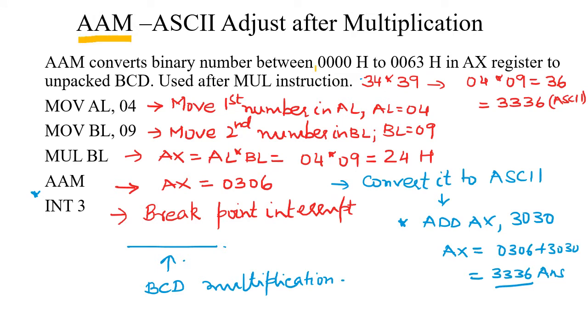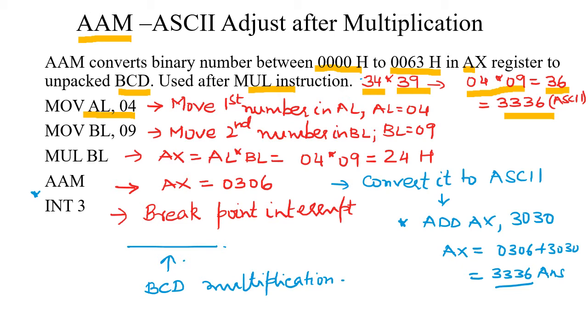It converts a binary number between 00H to 63H in the AX register to unpacked BCD form, used after the MUL instruction. Suppose we want to multiply two ASCII numbers 4 and 9, which are equivalent to 34 and 39. Unpacked BCD will be 04 multiplied by 09, which is equivalent to 36, and in ASCII it will be equivalent to 3336. Now, the program for this ASCII multiplication: MOV AL,